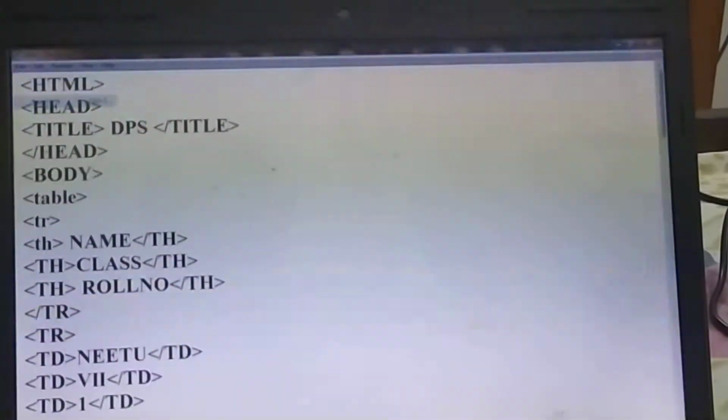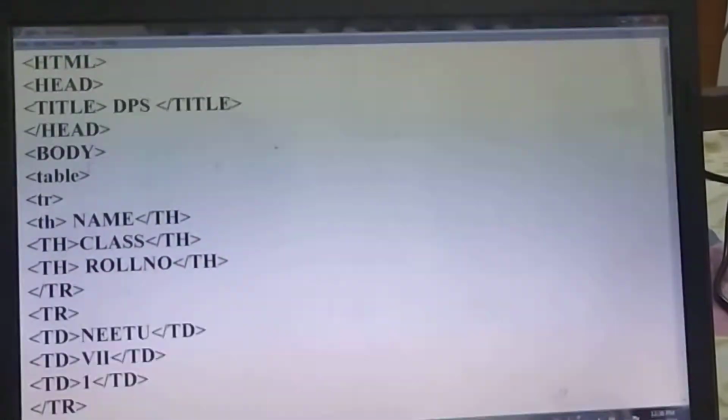Okay, now you just save your file, save it with the name. As I told you, give the name and .html. Again your file is going to save. I have saved my file again on desktop. So you just have to right click on the file, open with Google Chrome. Now you can see here a table will be displayed.